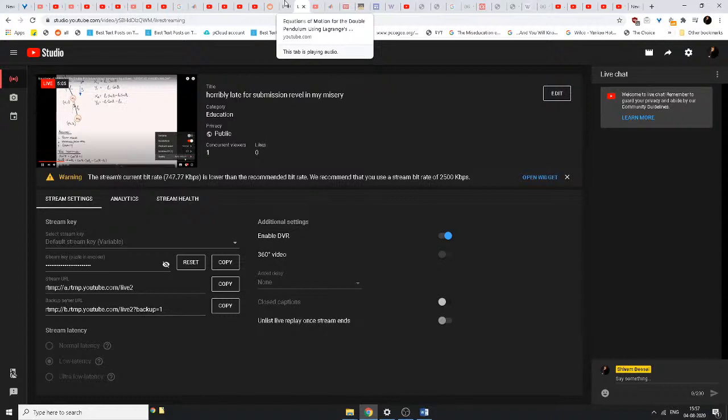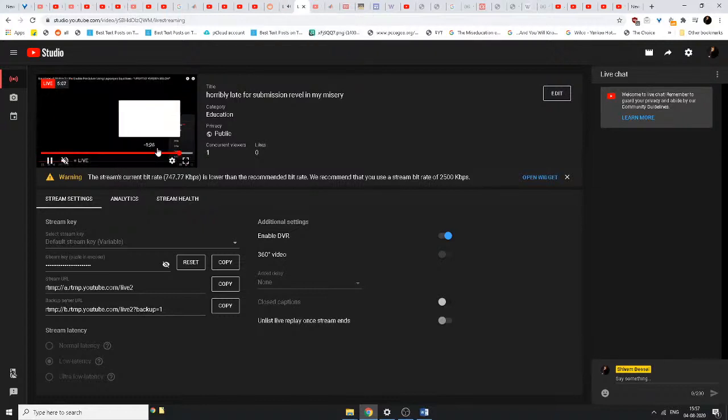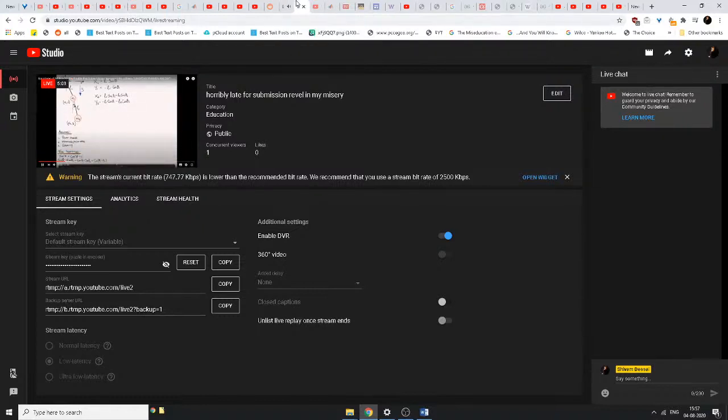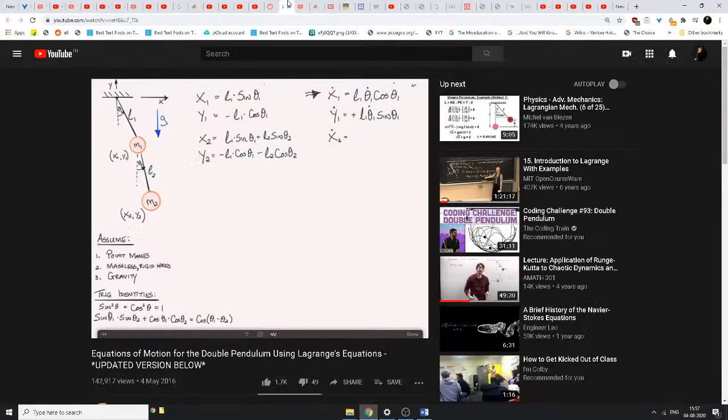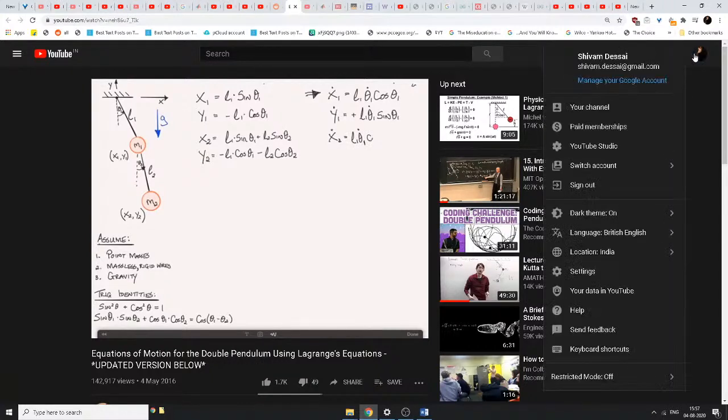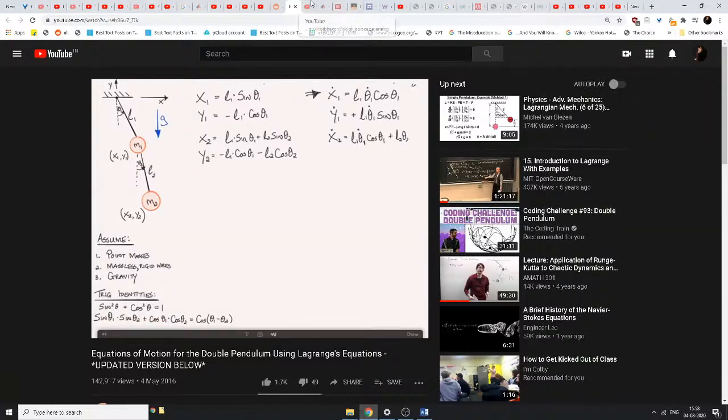The sign changes because the derivative of cosine is negative sine, you remember. And then for here, x2 dot is equal to L1 theta 1 dot cosine of theta 1 plus L2 theta 2 dot